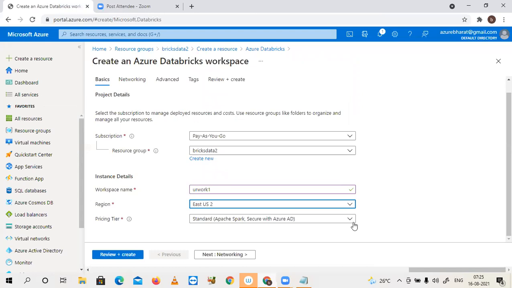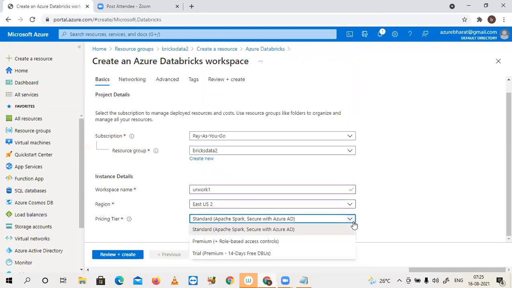And pricing tiers, different pricing tiers are here, like standard, premium, and trial. Go for standard. But if you are using it only for practice purposes, go for trial, only a 14-day trial, no charges will be applied to you. But if you go for trial, all services are not available, so you cannot practice 100% with this.